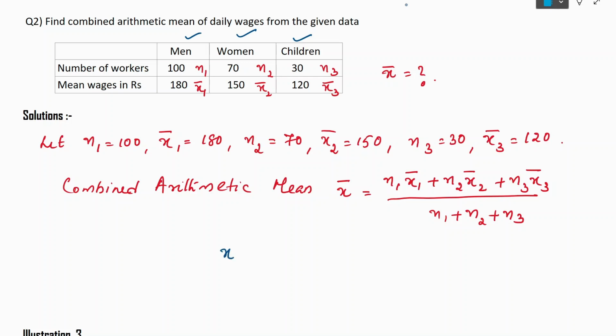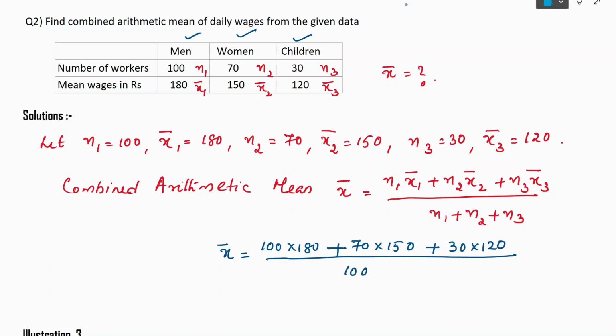Substituting in the formula, X bar is equal to N1 which is 100 into 180, 180 is your X1 bar, plus next 70 into 150, plus next 30, that is 30 into 120, whole divided by N1 plus N2 plus N3, that is 100 plus 70 plus